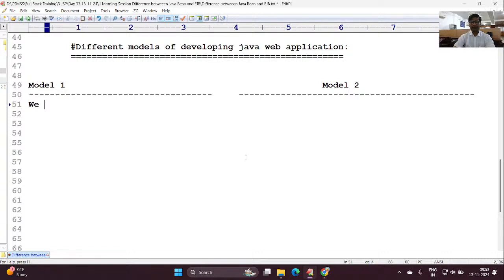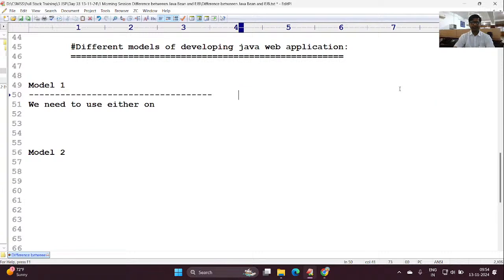Okay, I'll write both. Wait. Actually, this space may not be enough for me on this side, so I'll write model 2 at the bottom after the completion of this one, but you can write parallelly in your notebook. Okay, so we need to use